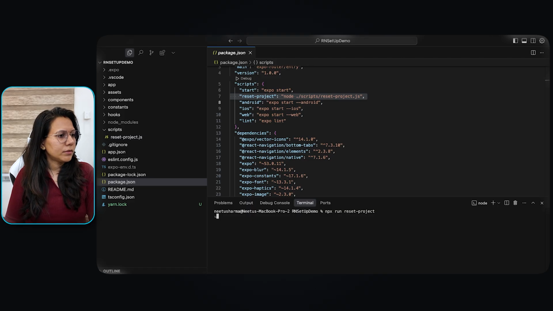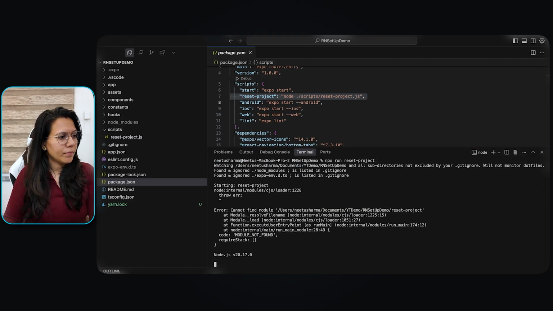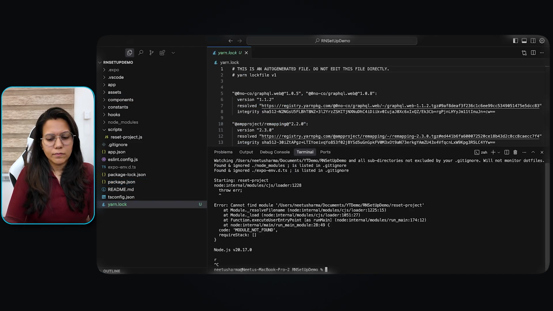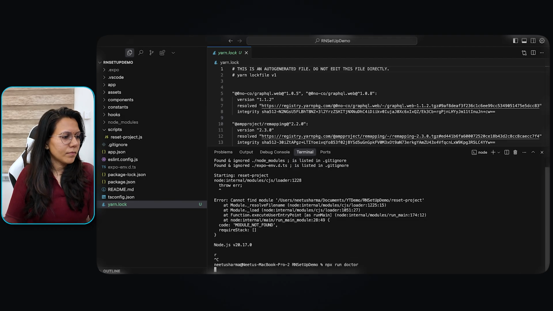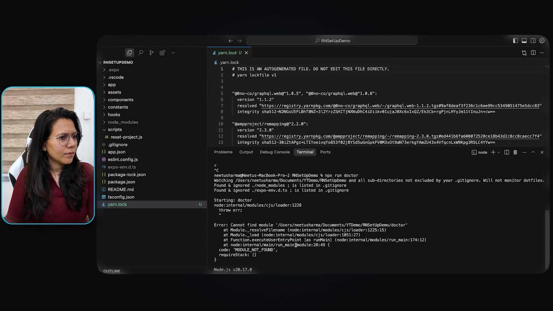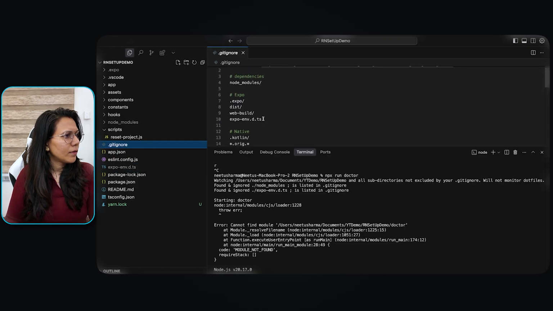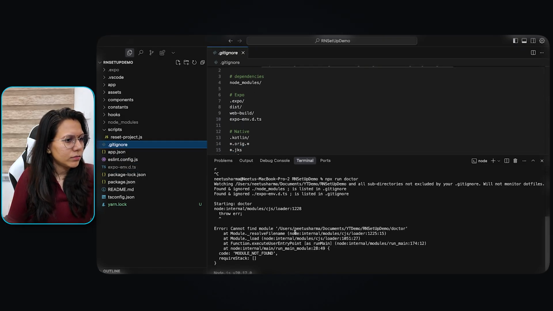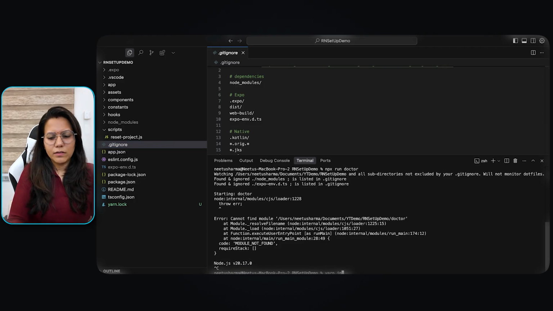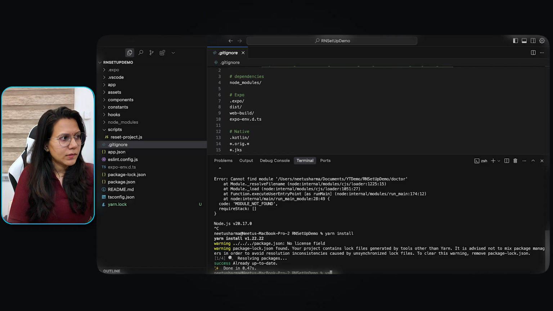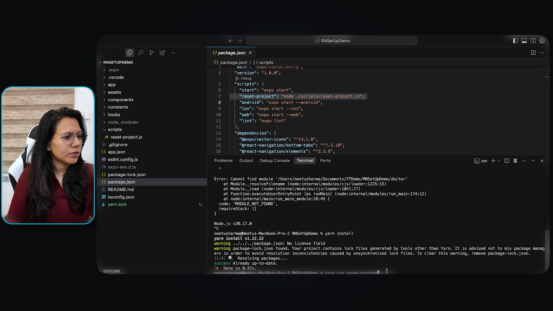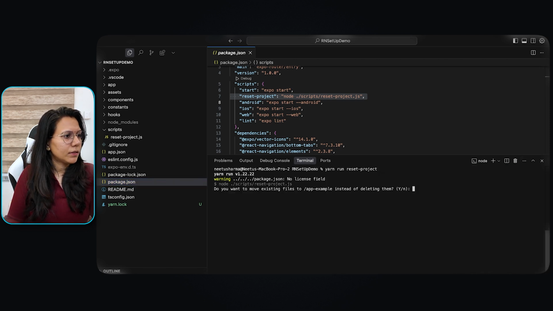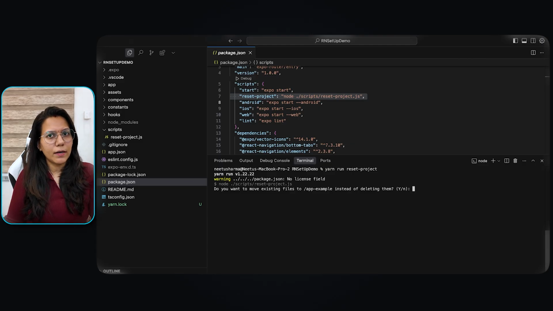Press enter. Okay, so let's run this command.